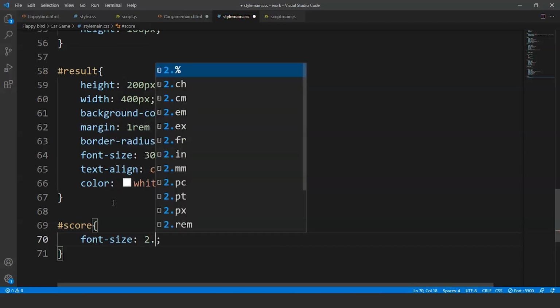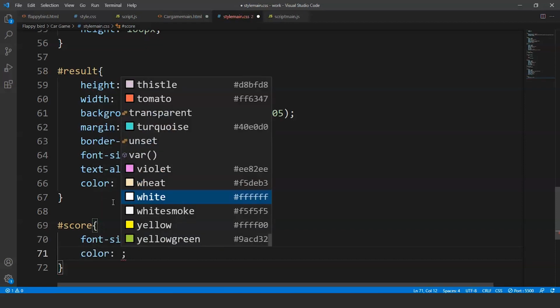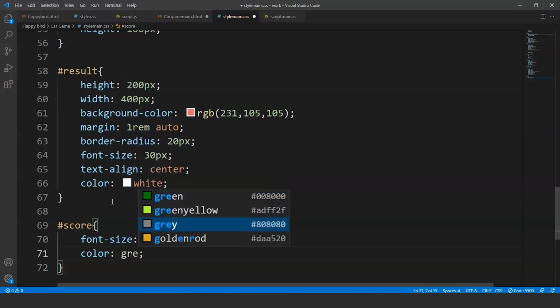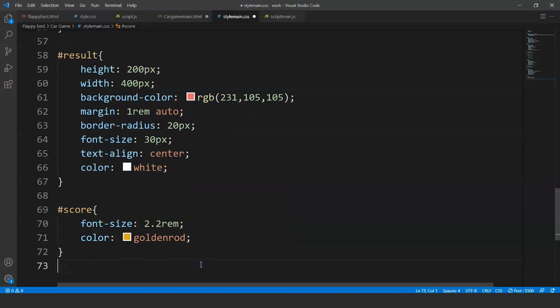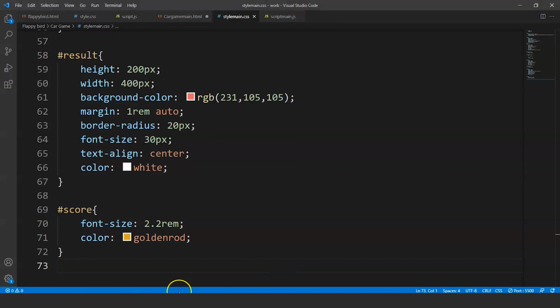as 2.2 rem. I hope you guys must have searched for the rem keyword. Now we'll discuss this keyword again in the next video. So for now we'll write here color, and the color will be, let's say, take any color of your choice. So we'll write here gray, or we can say let's take goldenrod. I don't know which color is it, but let's take it once. Save it. And you are not getting anything over here because we haven't defined it yet. So we'll see it later.